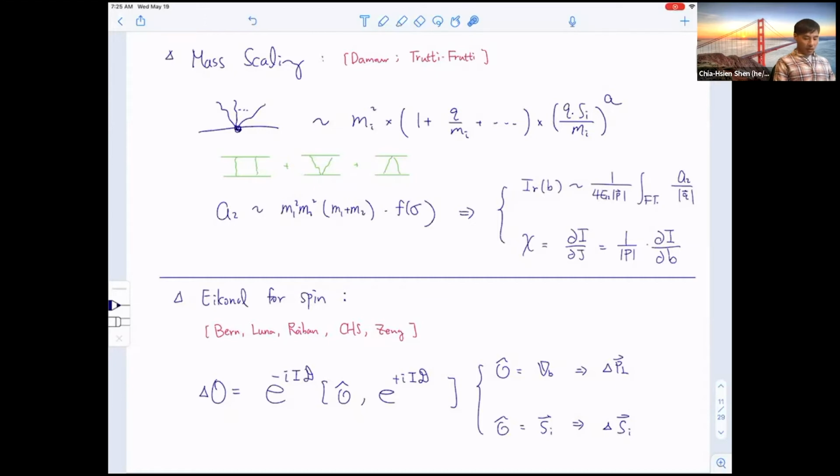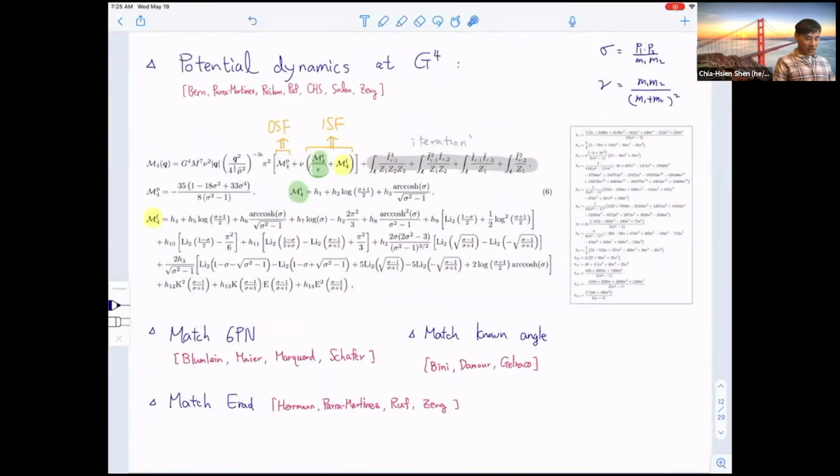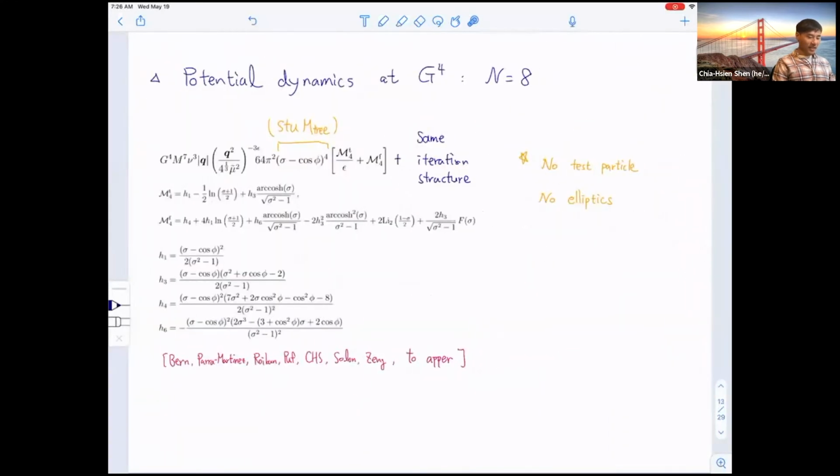Okay, so I'll fast forward to the recent G squared result we have. My collaborators already explained very nicely all the nice features. So in this talk, the thing I explain is what exactly goes into this iteration structure. And the only thing I want to say is that the rest of it completely agrees with all the known results. And maybe to entertain the audience here, something new I can show is that we also have the same result for N equal to 8, roughly the same time that we got in GR.